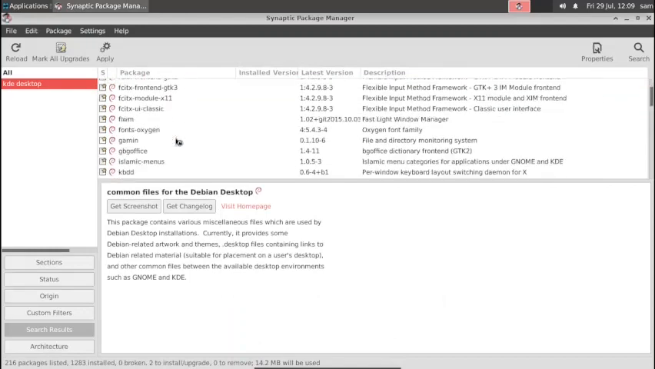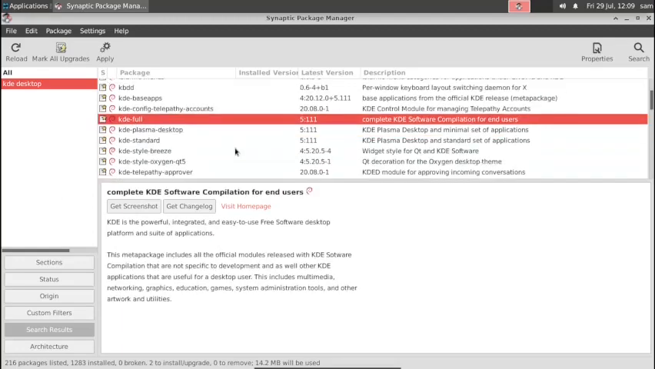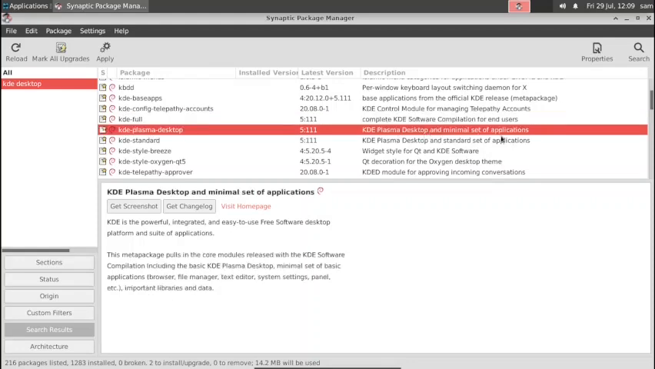Now you have to go and search for the KDE. Okay, so this is the alternative method. Selecting from the KDE section in this section list is not possible, so better we do it from here. Here you can see you can install KDE full, and if you go for the KDE standard, then the KDE Plasma desktop and standard set of applications will be installed. If you go for the KDE Plasma desktop, then the KDE Plasma desktop and minimal set of applications will be